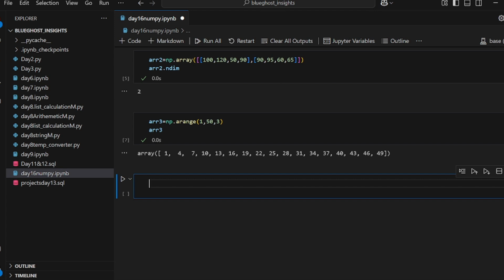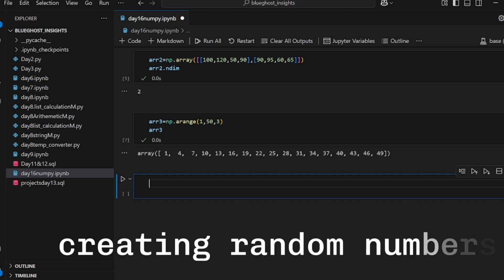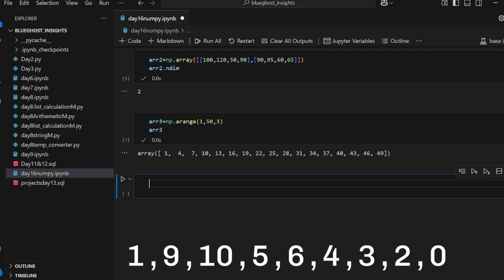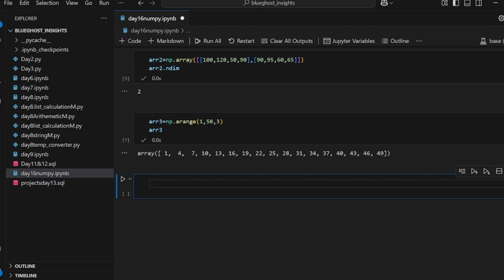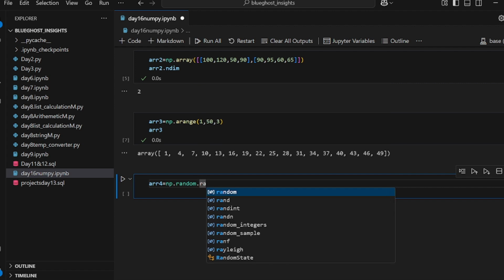Okay, another one that we have is that NumPy helps to create random numbers, like starting from a particular random number to another random number. I can arrange a series of numbers randomly. That means I can have different random numbers inside of NumPy. Let's say array 4. I'm going to say np random dot randint.